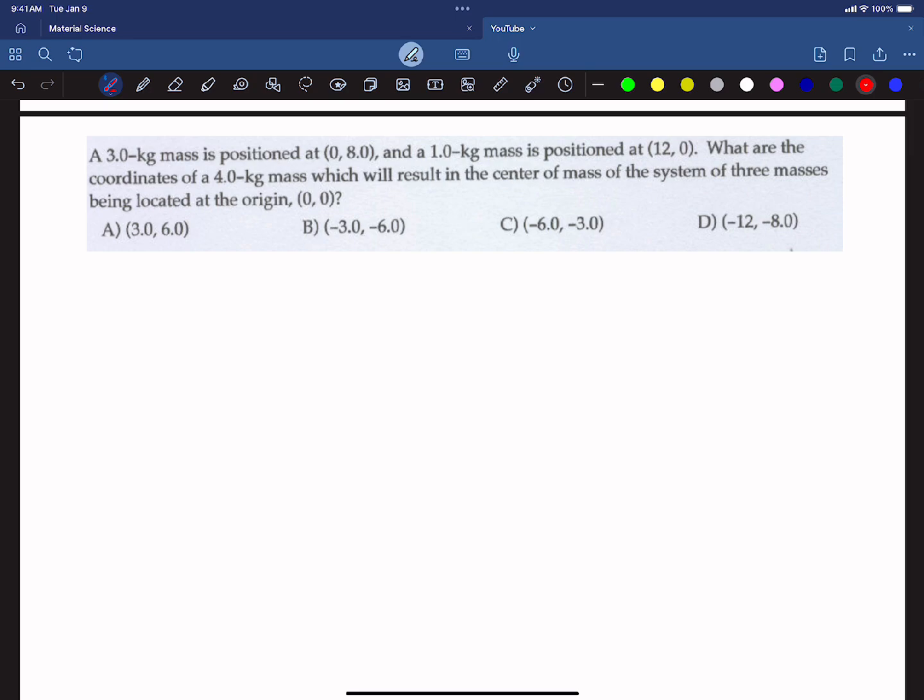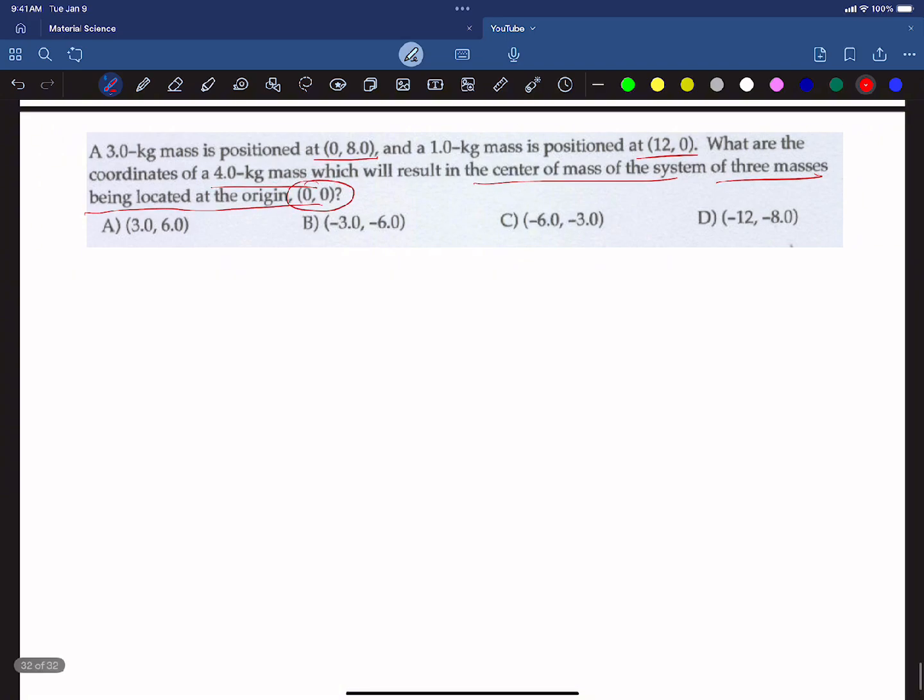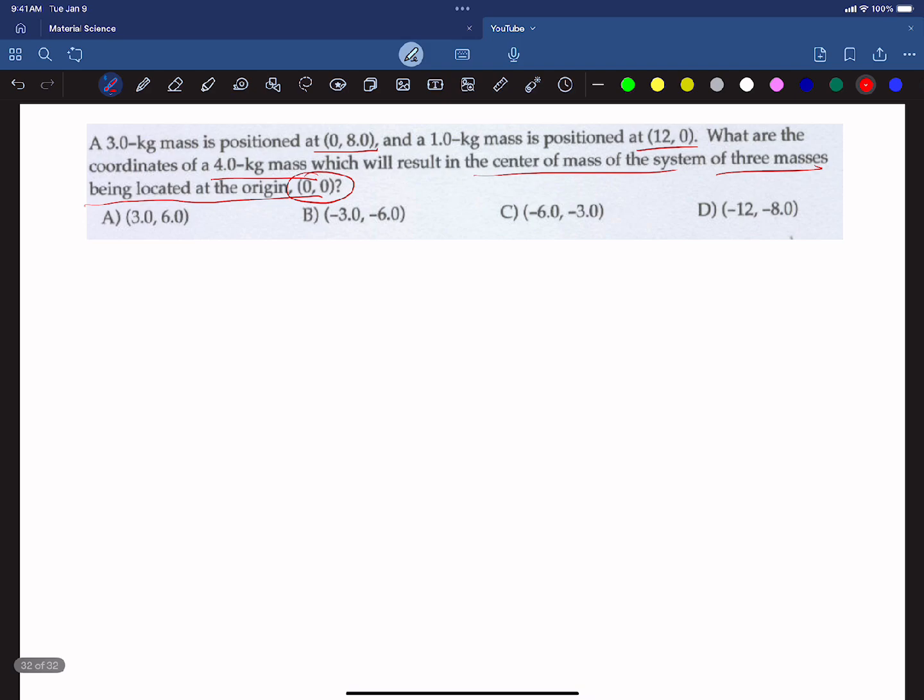A 3 kg mass is positioned at this point, and a 1 kg mass is positioned at this point. What are the coordinates of the 4 kg mass which will result in the center of mass of the system of 3 masses being located at the origin? So they want us to find the center of mass, and what is the formula of center of mass? The center of mass x component will be the summation of all masses times x component divided by the summation of all masses,